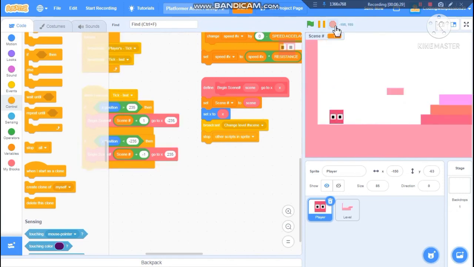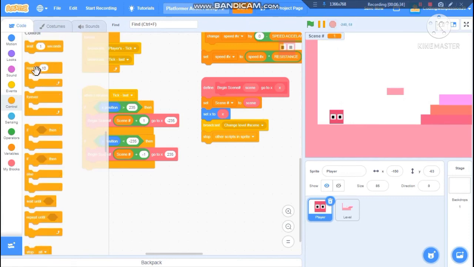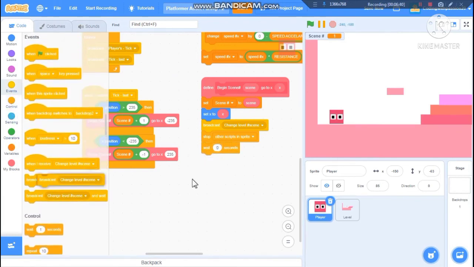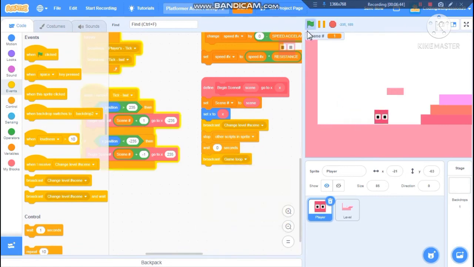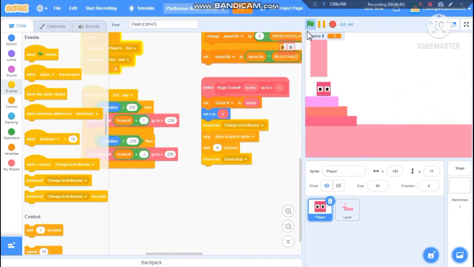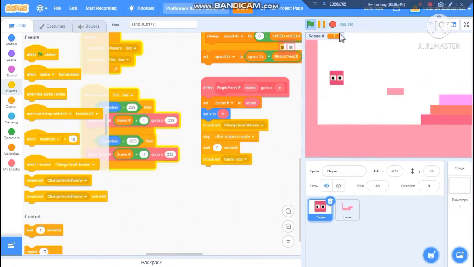There's some problem. After that we will wait for 0 seconds, and so that it keeps working, we'll again broadcast game loop so that it will work again. Okay, let's see. Yeah, but it's getting stuck, that's the problem. For fixing that,